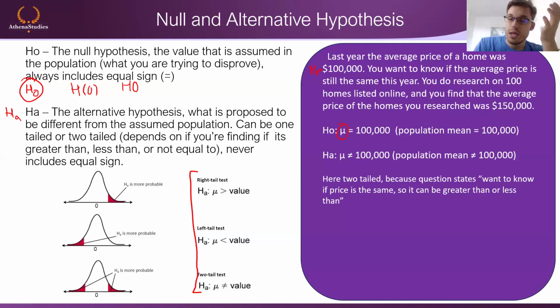And then the alternative hypothesis is that the mu, or the population mean. Now, remember here, very important, do not write X bar here. I've seen that so many times, people will put H0 is X bar equals 100,000. The professor is just waiting to take away those points. Can someone tell me why this is wrong? Why is putting X bar here a cardinal sin of statistics?